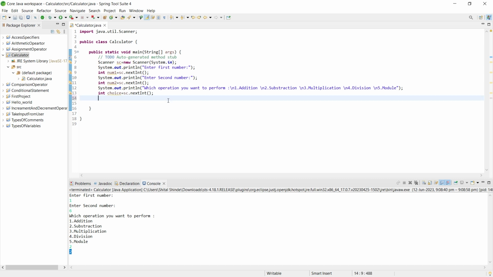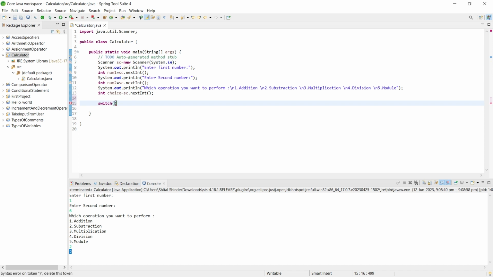We saw the switch statement in our last videos. So by using the switch case, switch, and then we are passing the choice, enter, opening and closing curly brackets. Then in that we are writing the cases for that, that is case 1. If user enters 1, then